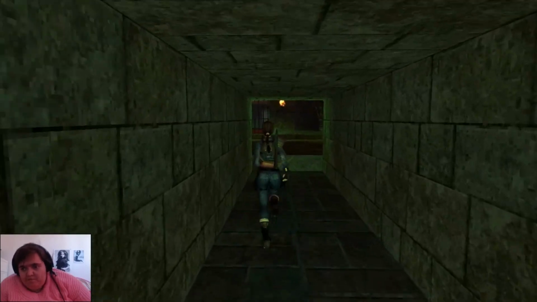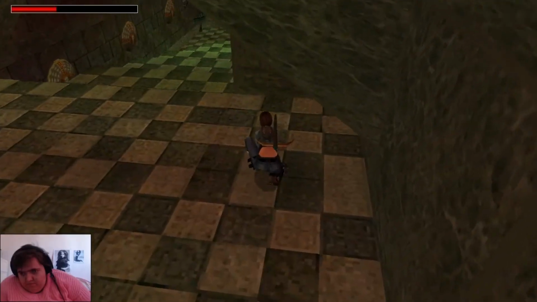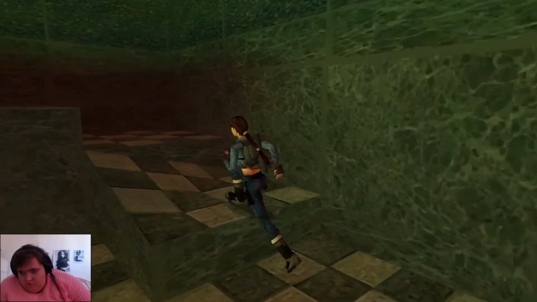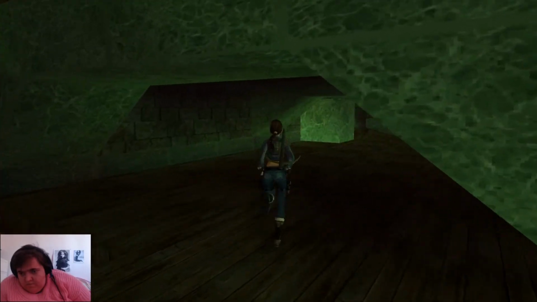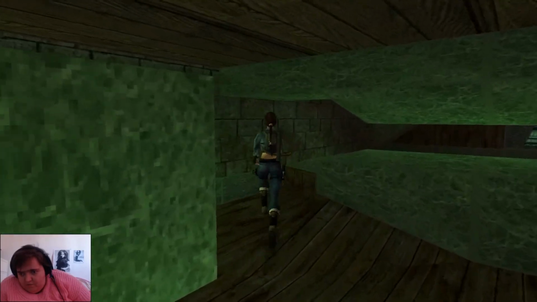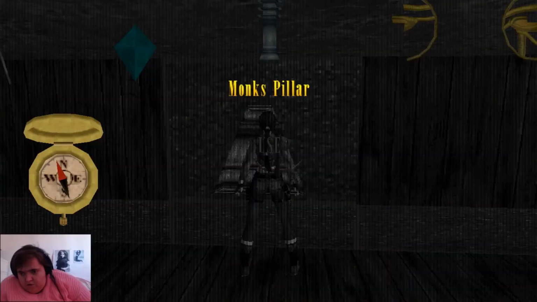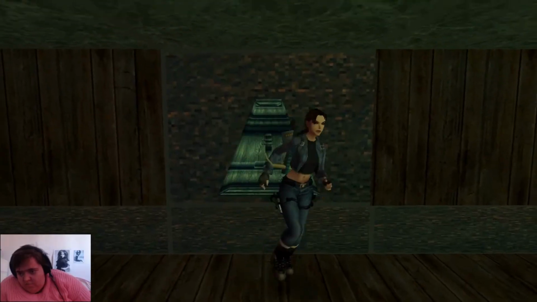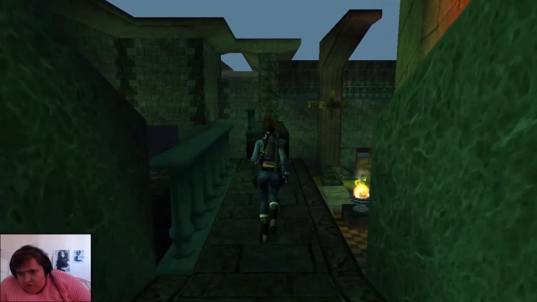Back we go. Whoopsies. For some reason she wouldn't grab. We are going to go behind the block that we pulled a while back. And then we are going to use the Pharaoh's knot in here. A gate nearby opens up. That gate is just here. And we are now going to